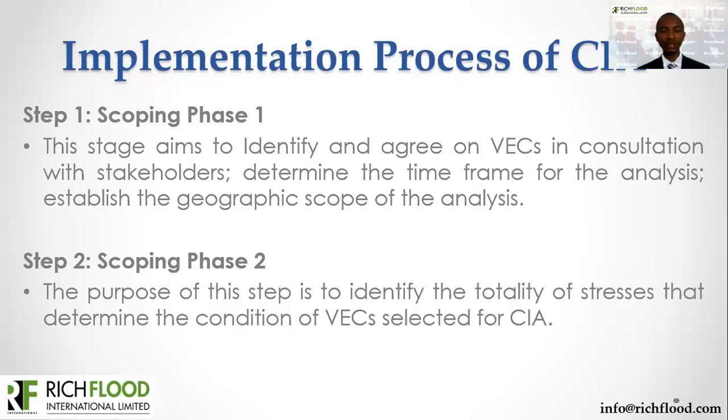And at the start, that's at the beginning, all the potential effects that are identified as part of this project have to be listed. And after listing them out, you carry out a screening process which will now reduce them to the main impacts of this project, and these are the impacts that the analysis will actually be carried out on, to mitigate the impact of this project on the environment. So the scoping is important in assessing the extent to which the analysis of the cumulative impact of the project will be carried out.